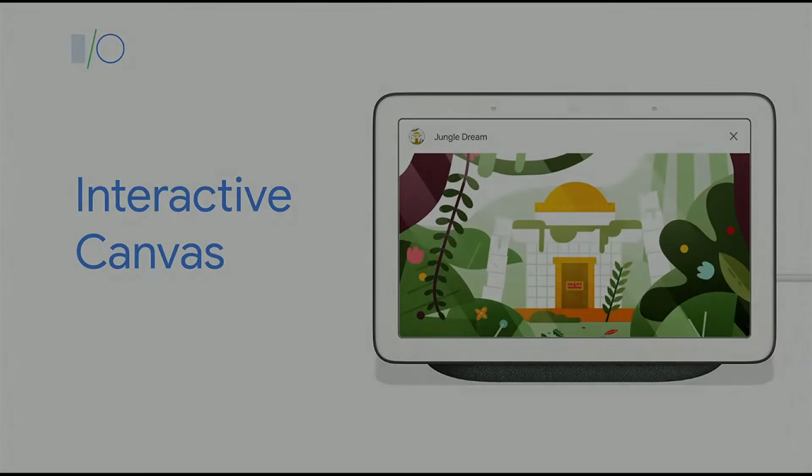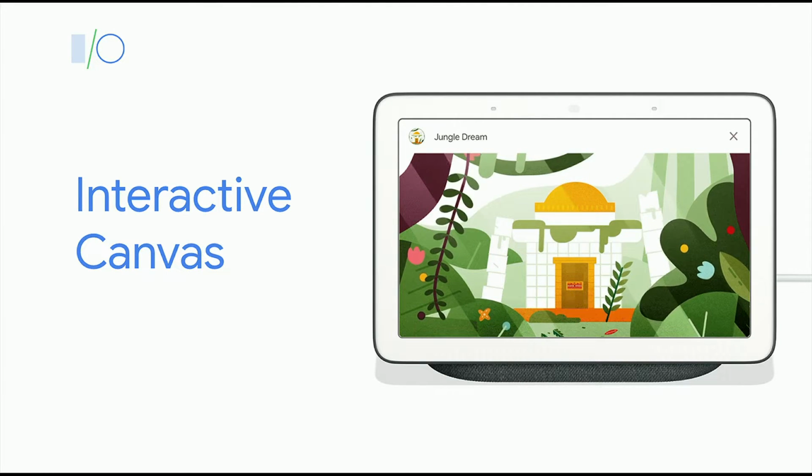Canvas is the tool that will unlock these visual capabilities in conjunction with Google's NLU, natural language understanding, and speech recognition. Canvas essentially gives you full access to the display. You can create fluid animations and custom game experiences with technology that you're already familiar with: HTML, CSS, JavaScript, and even WebAssembly. Pairing these visual capabilities with our speech recognition allows you to create transformative experiences. This technology is available on Android devices and our smart displays, with more surfaces coming soon. Let's take a quick